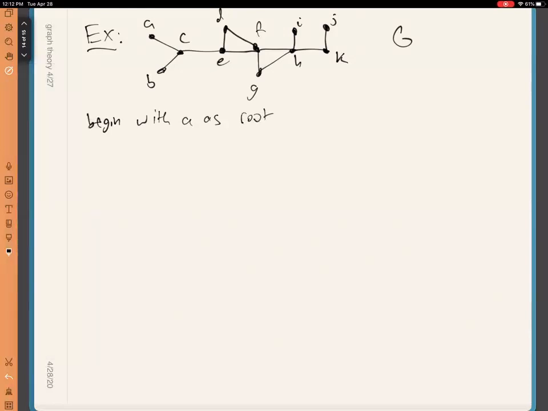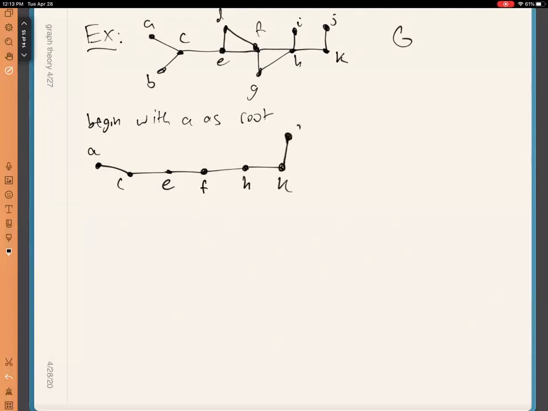This is kind of like a step 0, so I'll just initialize with A. And then what I'm going to do is just follow along arbitrarily a path until I can't continue anymore in the graph G without returning to one of the vertices I already visited, right? So maybe I go A to C, maybe C to E. I can go from E to F, F to H, H to K, and then, well, K can go to